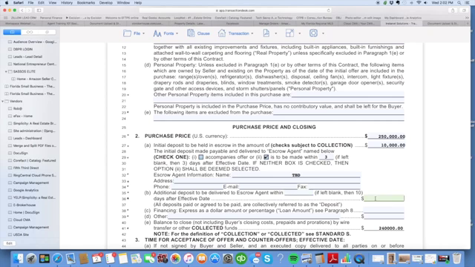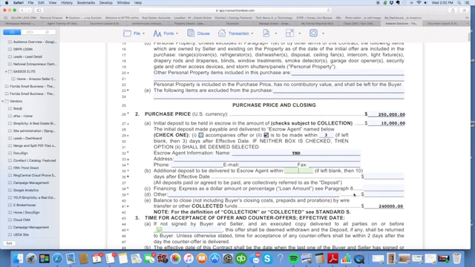If for whatever reason you're putting an additional amount in escrow, you would put it here. That's typically not the case. So it's $250,000, $10,000 down. Right now it reads $240,000 due at closing in cash. However, let's say we're financing it. You can either express it as a dollar amount or percentage. I prefer a dollar amount. So we put 10,000 down